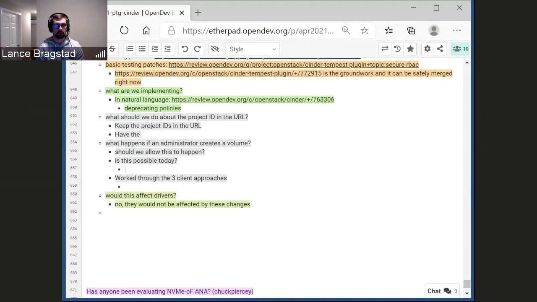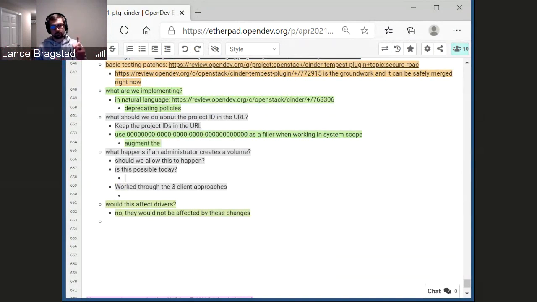So Gansham has an action to work on a decorator that would check if system scope is enabled in Tempest for a service. And if it is, set self OS admin client to OS system admin. Else, it's just going to be the OS admin client, which is the traditional, I have admin on a project.